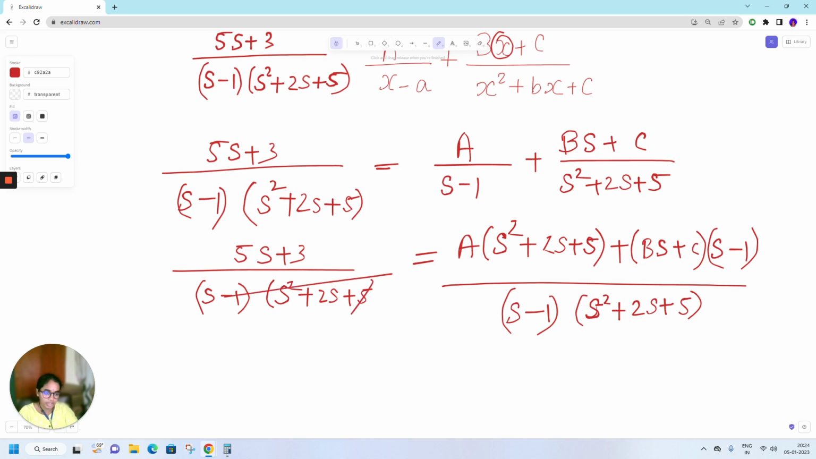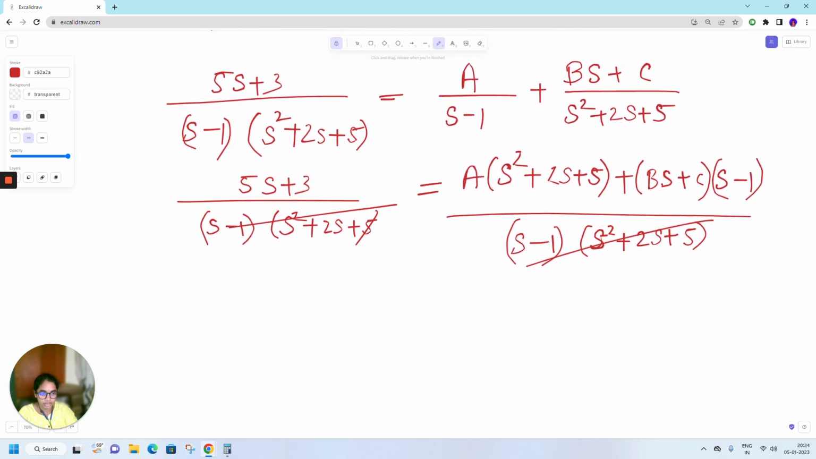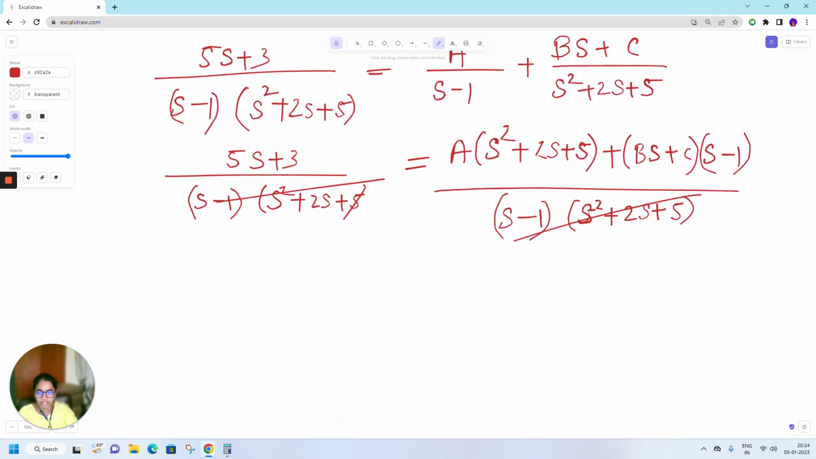So the denominators are the same. I'll cancel them. Okay, so we have 5s plus 3 equal to A into s square plus 2s plus 5, plus Bs plus C,